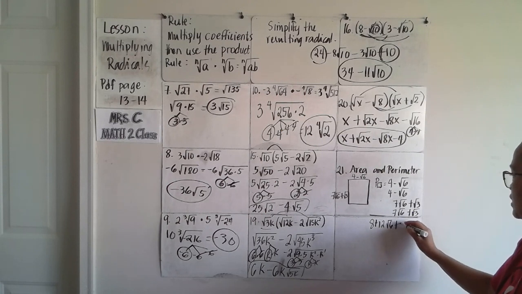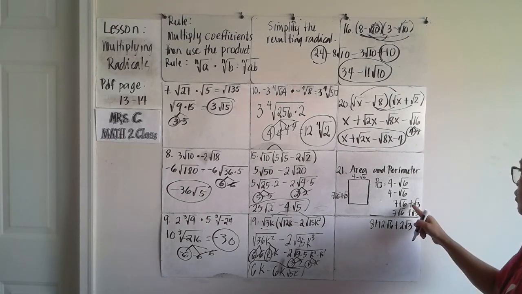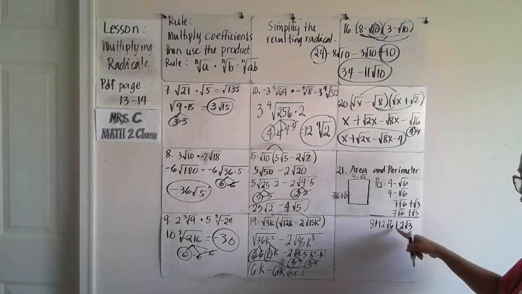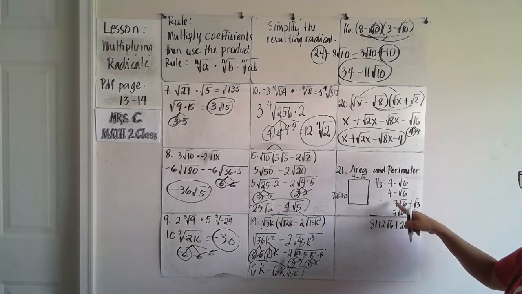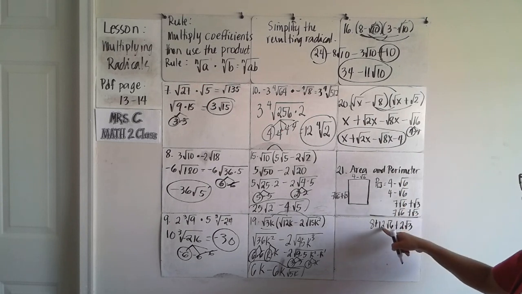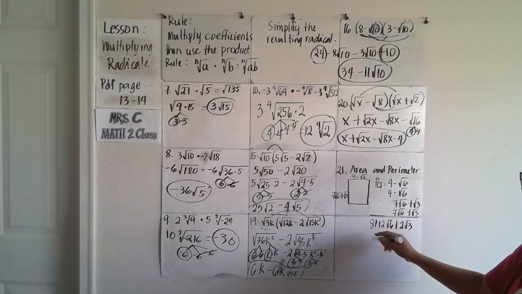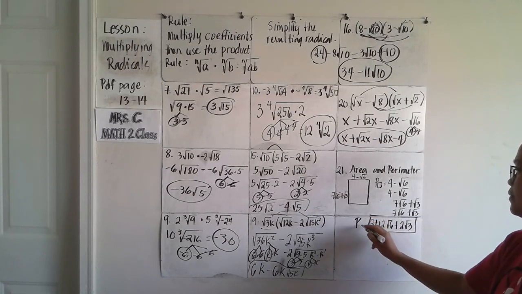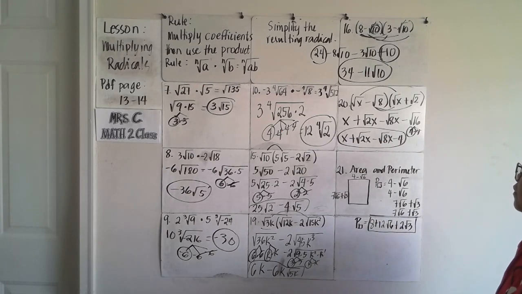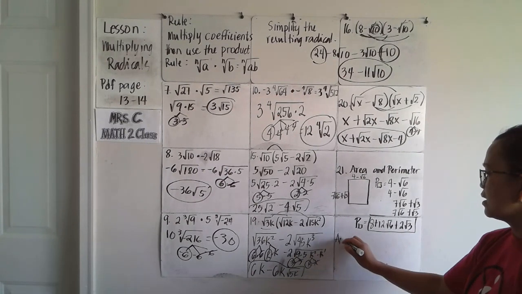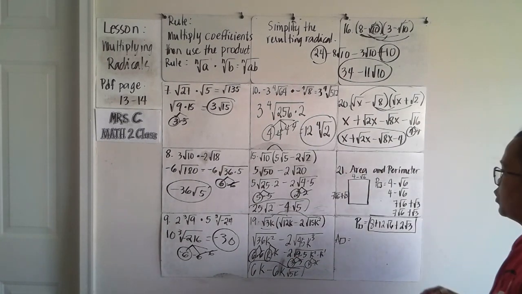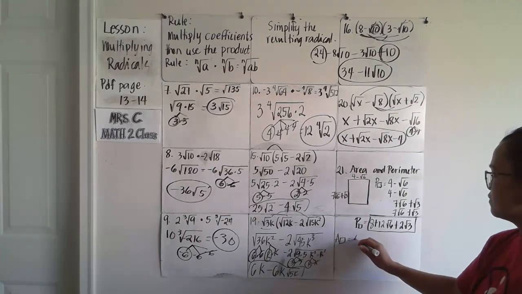And then this is 2 square root of 3. 1 plus 1 is 2. Copy the common radicand. And then 7 plus 7 is 14, minus 2 is 12. That's 8. So that will be the final answer for the perimeter. For the area of a rectangle, that will give us